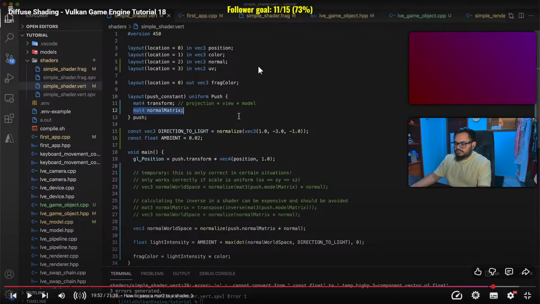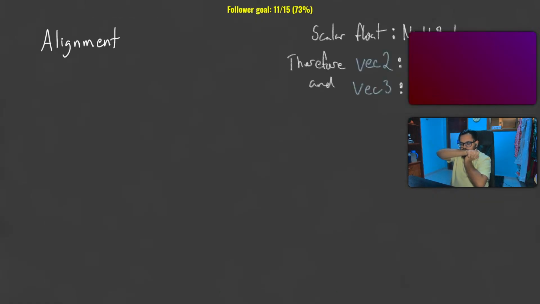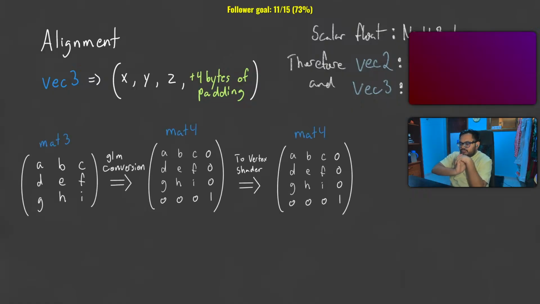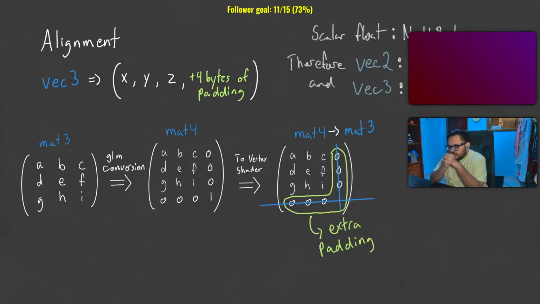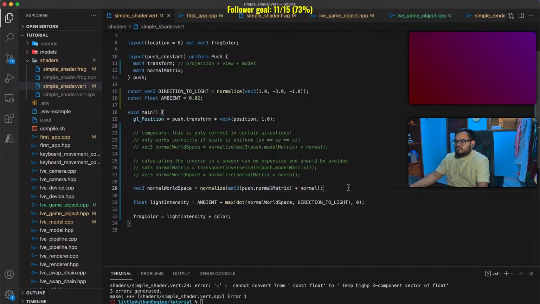However, in our push constant struct, we will still use a 4 by 4 matrix because of alignment requirements. I covered alignment requirements in tutorial 9 when I first introduced push constants. And mat3 is actually 3 vec4s, as each vec3 is 3 floats aligned to 16 bytes. So at least the easiest way I know of to pass a 3 by 3 matrix to a shader with the proper padding is to pass it in as a mat4. And then when you want to use the matrix within the shader, truncate it by using a mat3 conversion. So wrap push.normal matrix with the mat3 constructor before multiplying it by